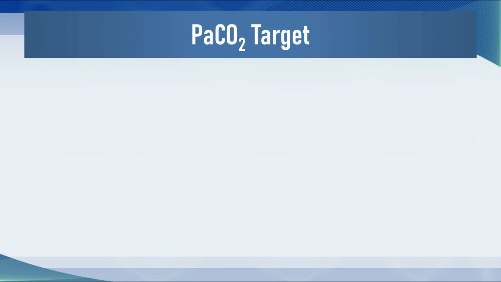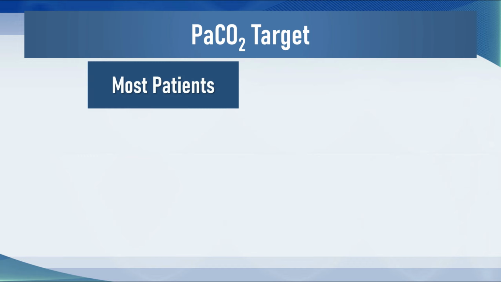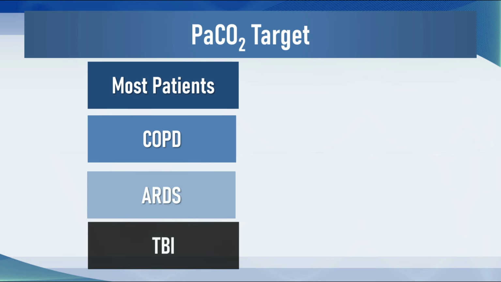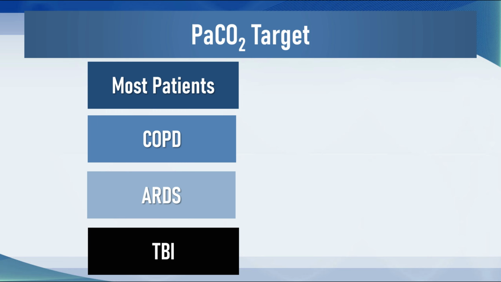When we have a patient in the ICU and we're measuring blood gases and we want to have a CO2 target, we need to know what the background story or the current status of our patient is. So we have a CO2 that we might use for most of our patients, a different CO2 in COPD, a CO2 that we might have to settle for in ARDS, and a CO2 that we wish to have in traumatic brain injury. For most patients, the PaCO2 goal should be 35 to 45 millimeters of mercury, or somewhere in and